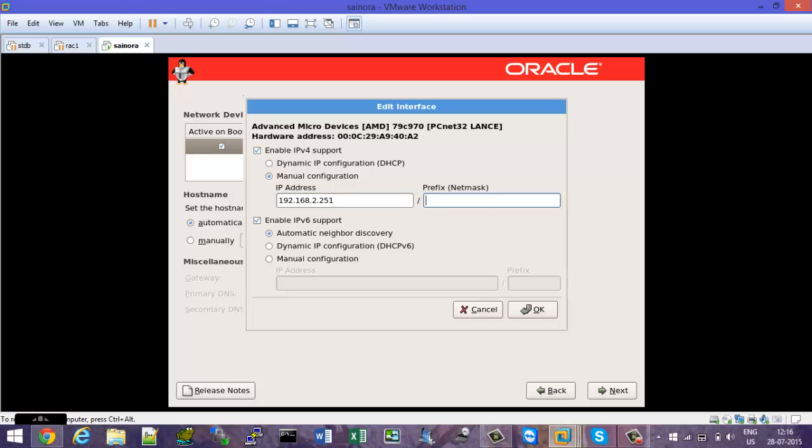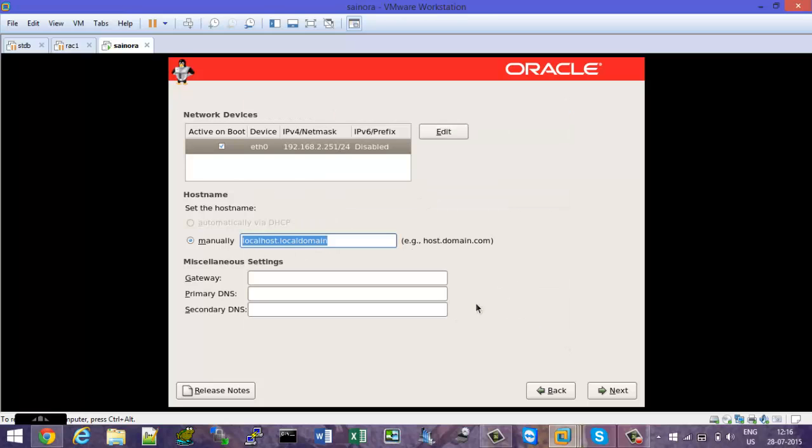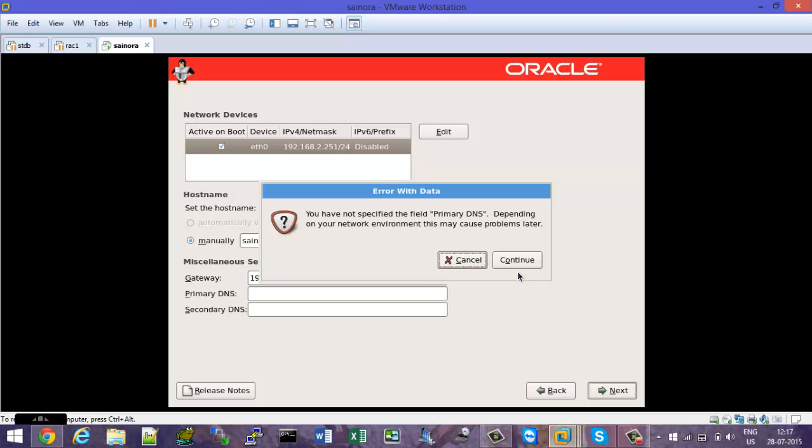192.168.2.251, and the subnet mask is 255.255.255.0. Hence I'm not using the IPv6, so I'm disabling that. Click on OK, and my machine name will be sayonara.localdomain, and my gateway is 192.168.2.1. That's it. Clicking on next, and I don't require the DNS, so I'm clicking on continue,